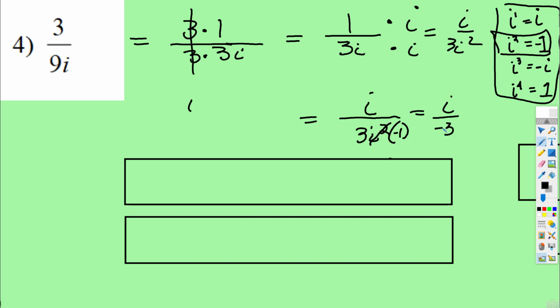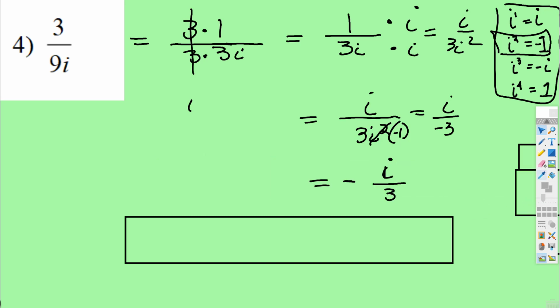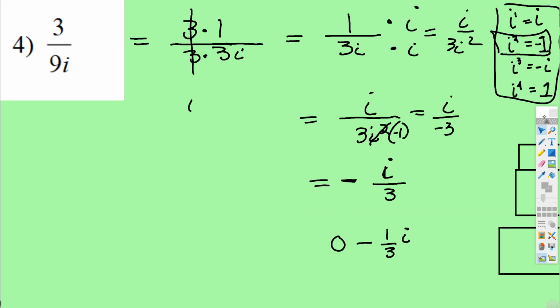But the problem is we wouldn't leave a negative sign in the denominator, so positive divided by negative, the negative sign would come out front. And then to put it in complex form, there is no real piece, so you could just write it. So if you were to graph that,